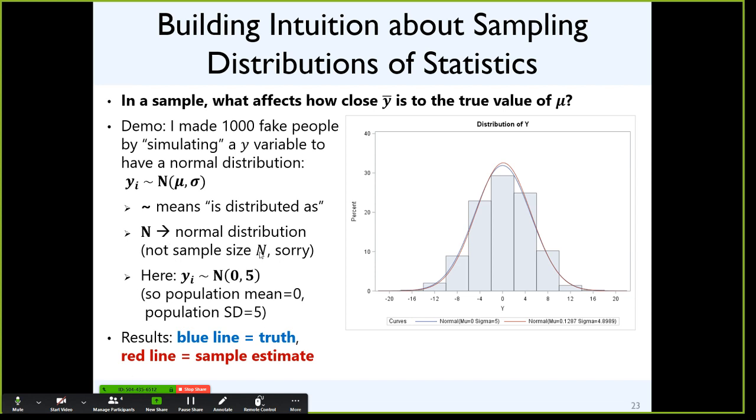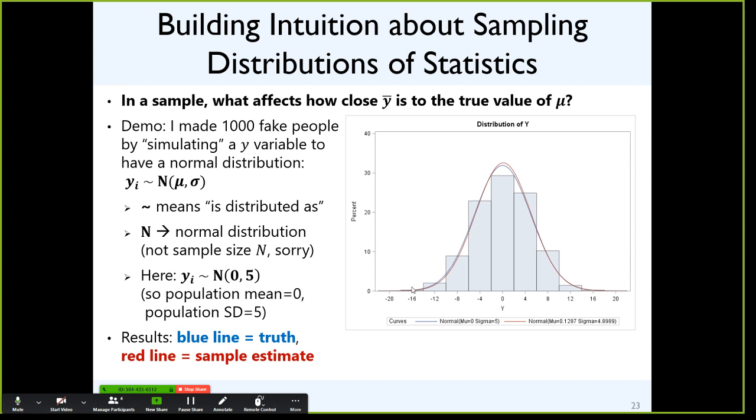I italicize sample size, I try not to for normal. And then in parentheses, the two pieces of information you have to know to be able to say what the normal distribution would predict for each data point. Mean, and the second one, depending on who you read, is either going to be standard deviation, that's sigma, or standard deviation squared, which is variance. It's one of the two. In this case, I'm using sigma.